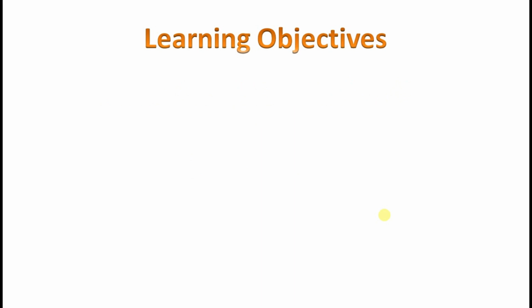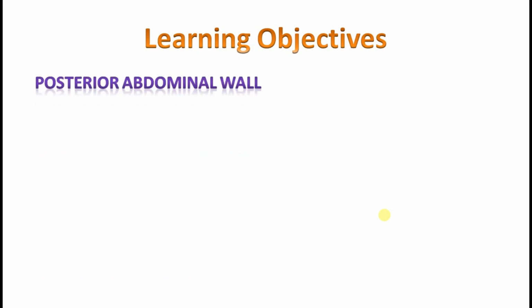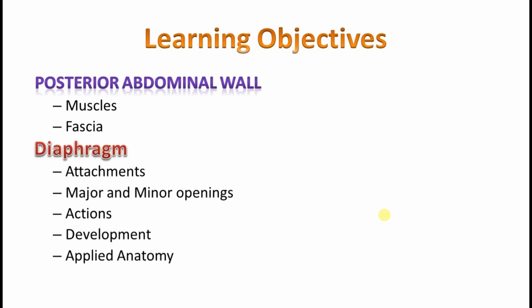Now, our learning objectives for today: the first part of the lecture covers the posterior abdominal wall. In that I will mainly cover the two muscles of the posterior abdominal wall, followed by the fascial disposition, the fascia of the posterior abdominal wall, and a brief account of the lumbar plexus. In the second part of the lecture, I will be discussing the diaphragm,